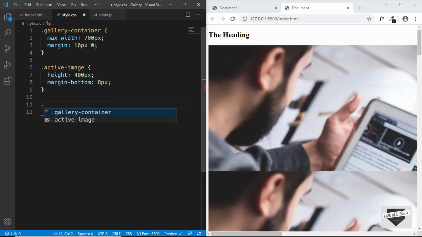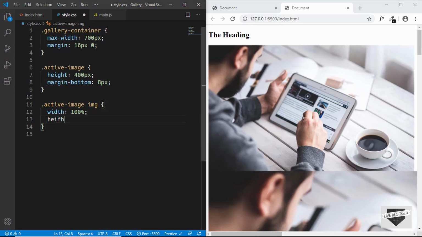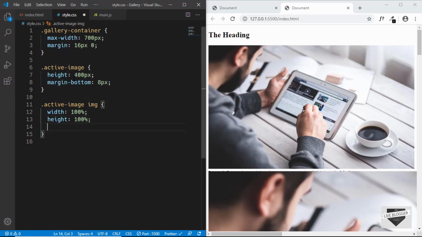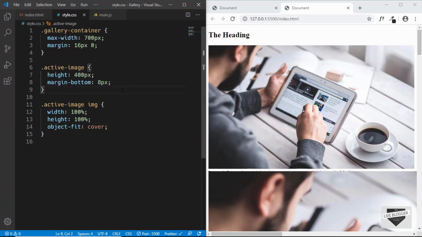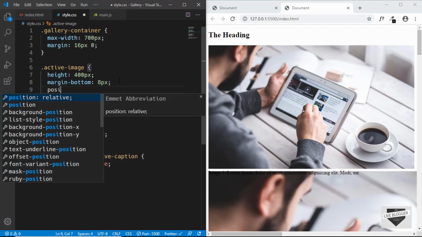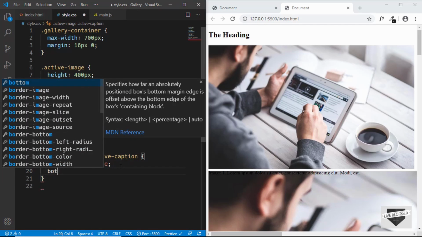Now let's style the images inside the active image. So for the images, we will give it a width of 100% of the parent, and a height of 100% of the parent, and we'll also set the object fit to cover so that the image won't be distorted. Alright, now we'll style the active caption. So we'll just type active image, active caption, and we'll set the position to absolute, and we also need to set the position of the parent to relative so that it can position itself relative to the parent. So for the active image, we will set the position as relative,